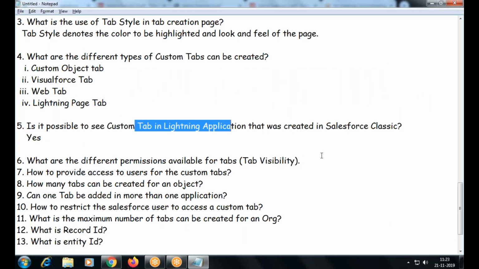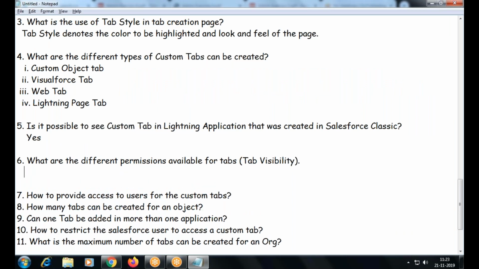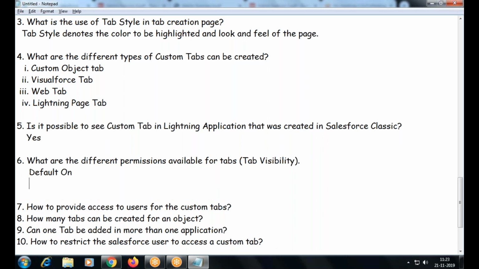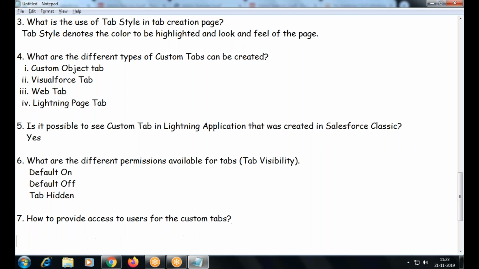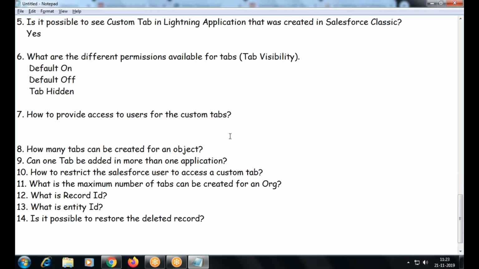Fine. Right. What are the permissions available in tab? Yeah, tab visibility. Tab hidden. Okay, how to provide access to users for the custom tab? It is a profile only. Got me? Right. How to provide access?